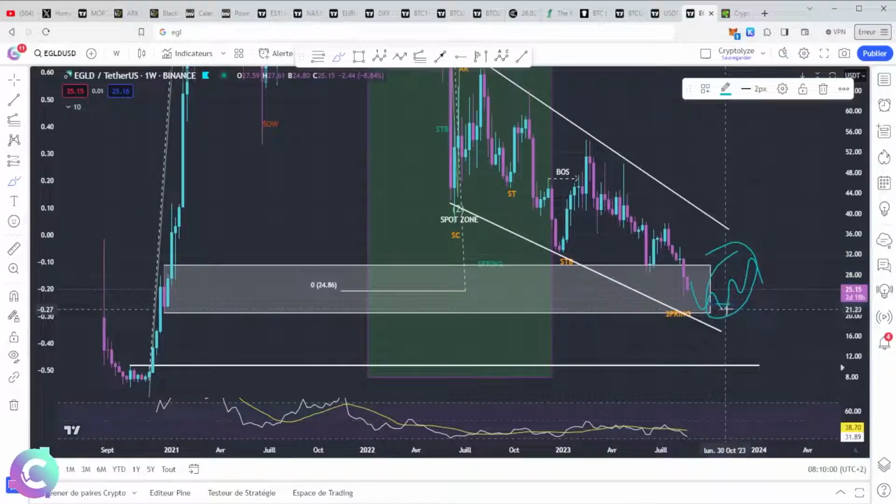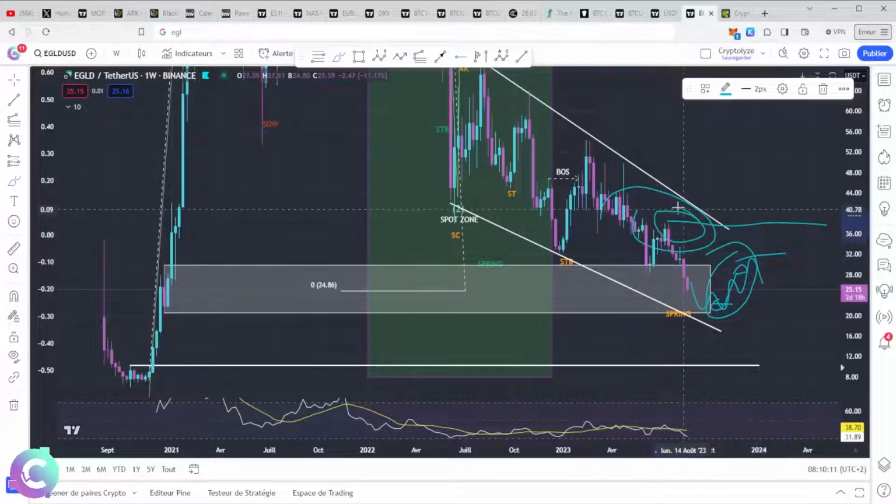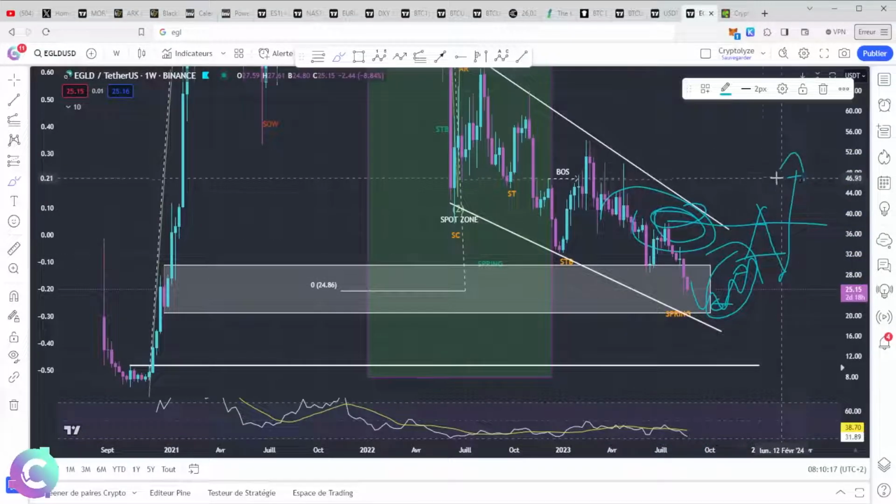I will say to myself, okay, it is potentially worth going back to accompany the bullish movement, being careful whether or not we manage to break a previous high. If this is not the case at this time, I will cut. If ever this is the case at this time, potentially I will take profits on the breakout. I will wait for a retracement to strengthen my position and accompany the movement.